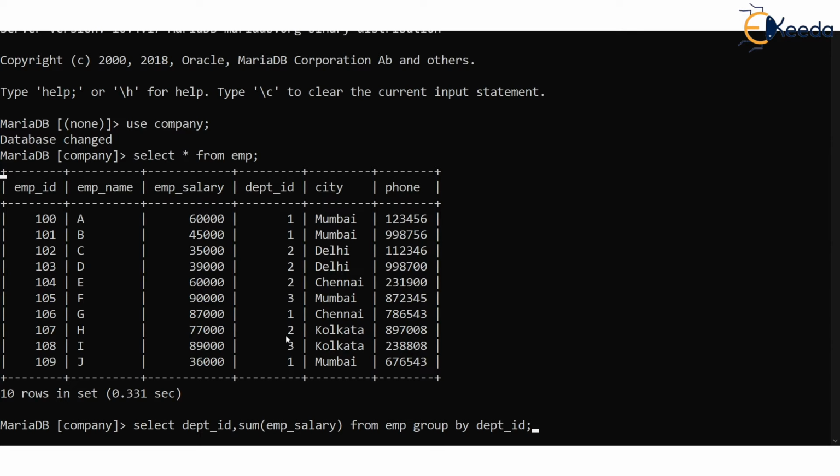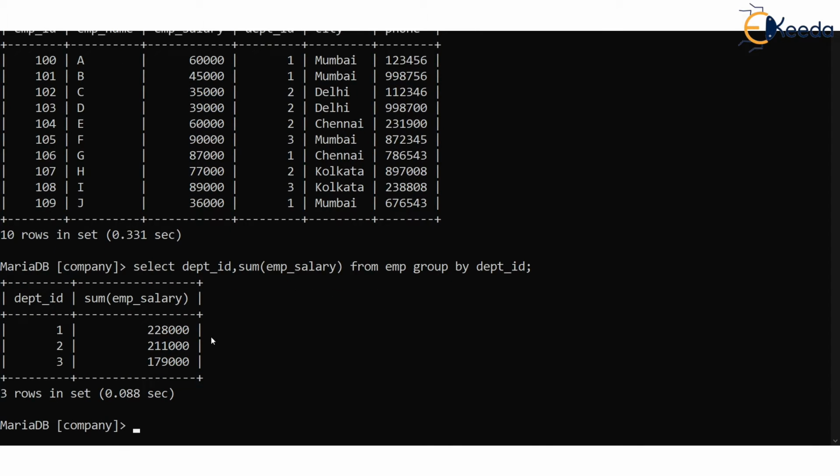The rows were grouped on department IDs, and these are the sum of the salaries in each department. Or we can say we want average of all the EMP salaries per department. So let's say we say AVG of EMP salary, list the department ID and the average employee salary in each department. But we have to group by DPTID.